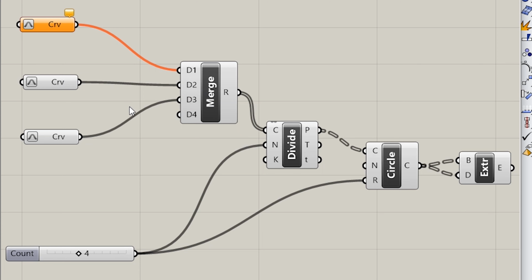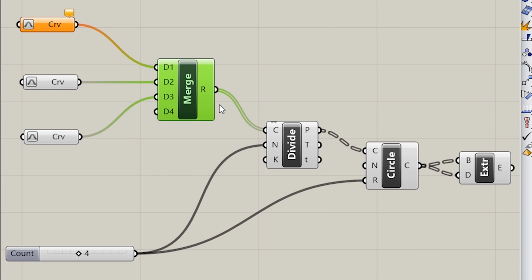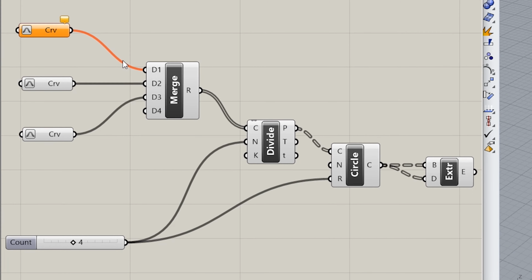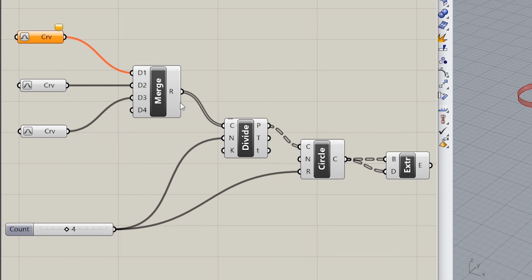If there is a solid gray line, it means a single item is flowing. In these two cases, you can see single data is flowing. If you are outputting a list, then you will get a double gray line, which is visible here. It is in double gray color. And if you are outputting a tree data structure, then it will be a dotted line. And there's one more thing I'd like to cover. The next thing is the display types.